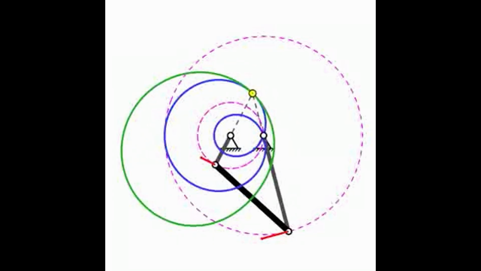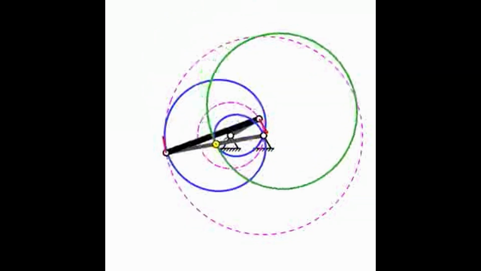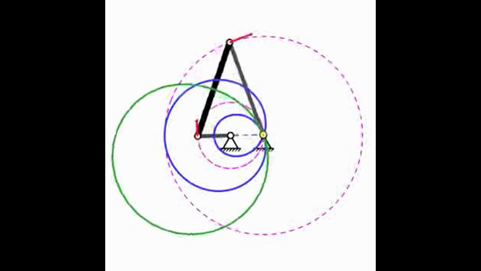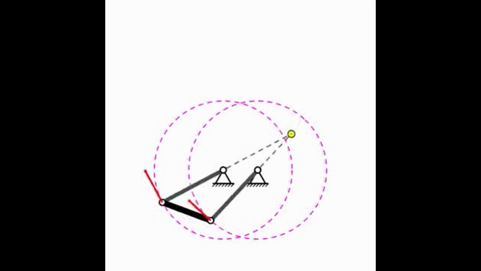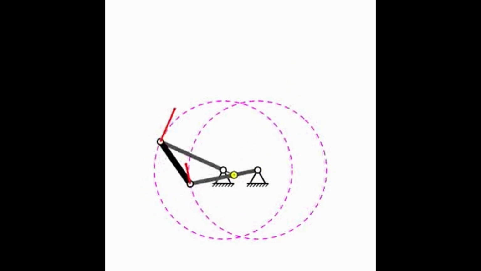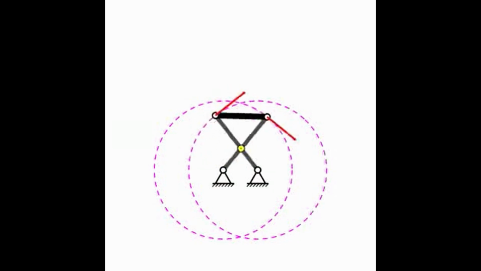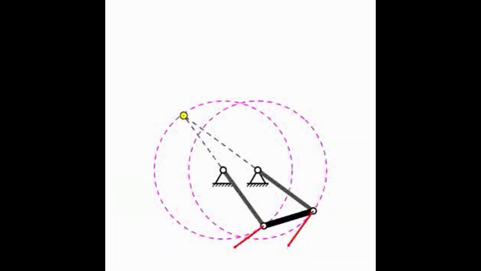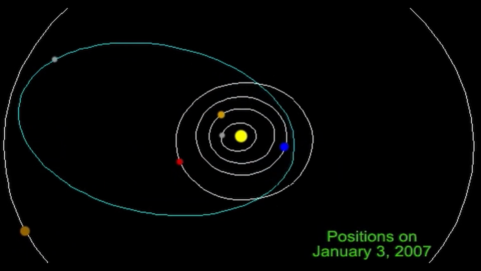The potential function, \phi, for the gravitational force, \mathbf{F} equals mg\hat{j}, where g is the acceleration due to gravity and \hat{j} is the unit vector in the vertical direction, is \phi(y) equals mgy. If an object moves from height y_1 to height y_2, the work done by the gravitational force is W equals \phi(y_1) minus \phi(y_2) equals mg(y_1 minus y_2). This shows that the work done by gravity depends only on the initial and final heights, not on the path